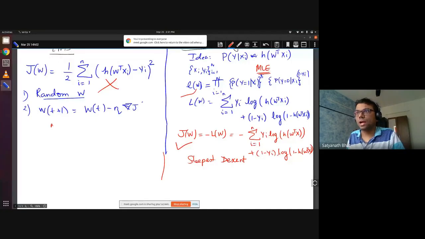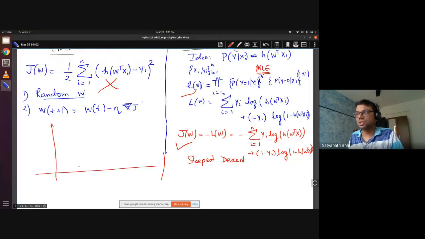When you are trying to optimize a function, you will have shapes like this. This is f of x. When you use gradient descent to find a minimum, and your starting point is here, you will take all these steps, and then you may end up here, and this is called a local minimum.